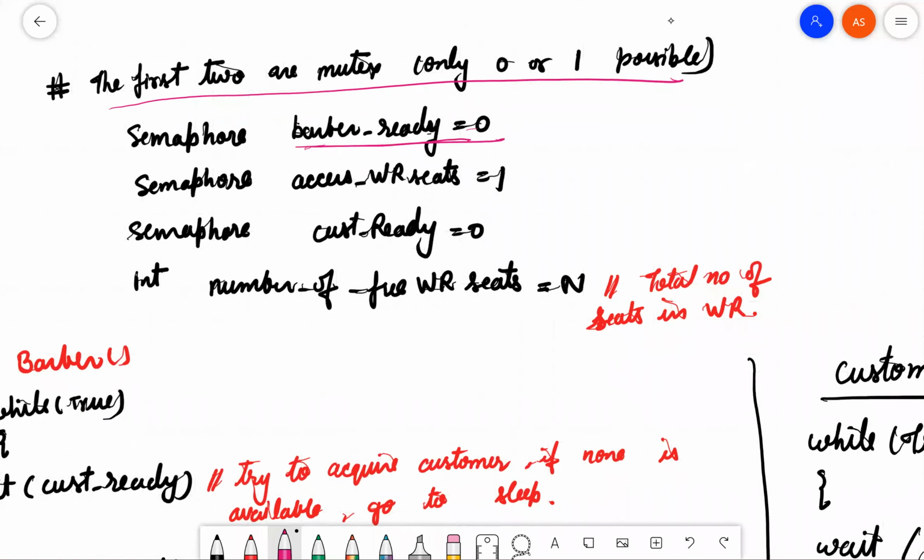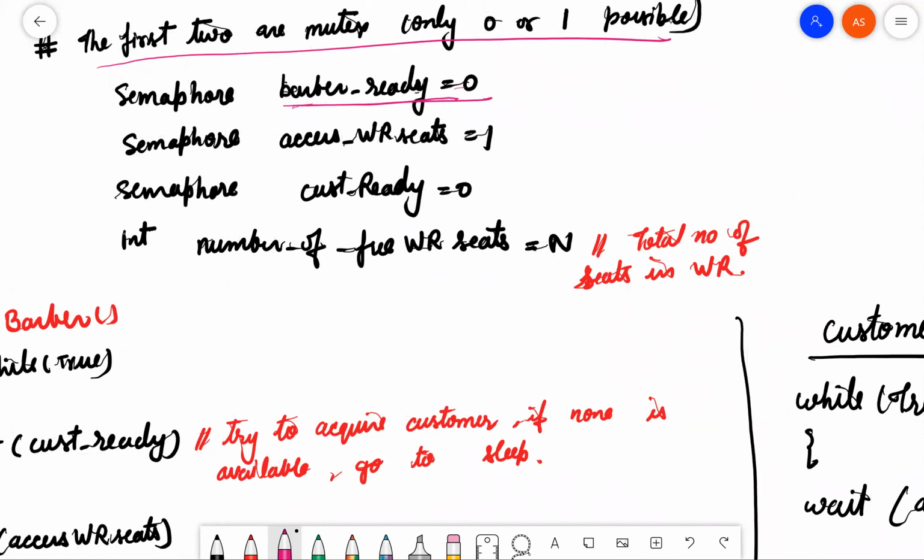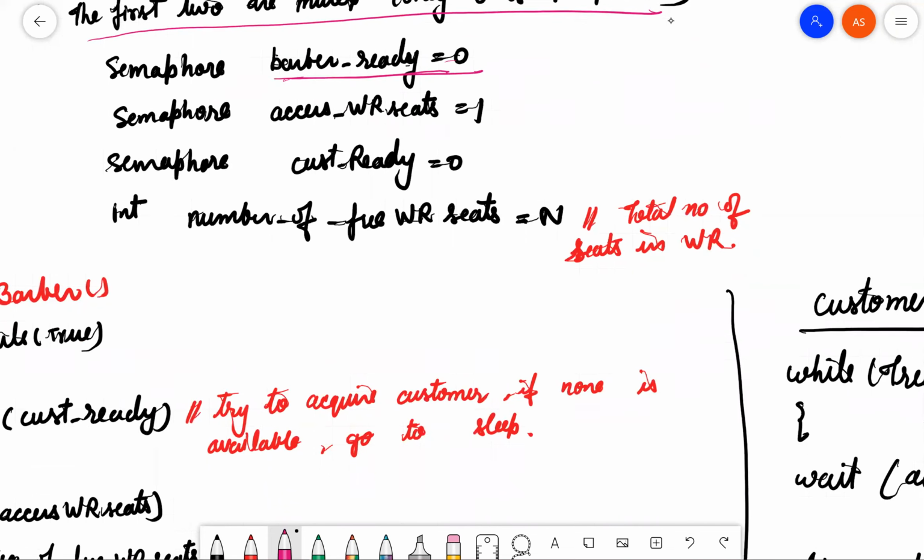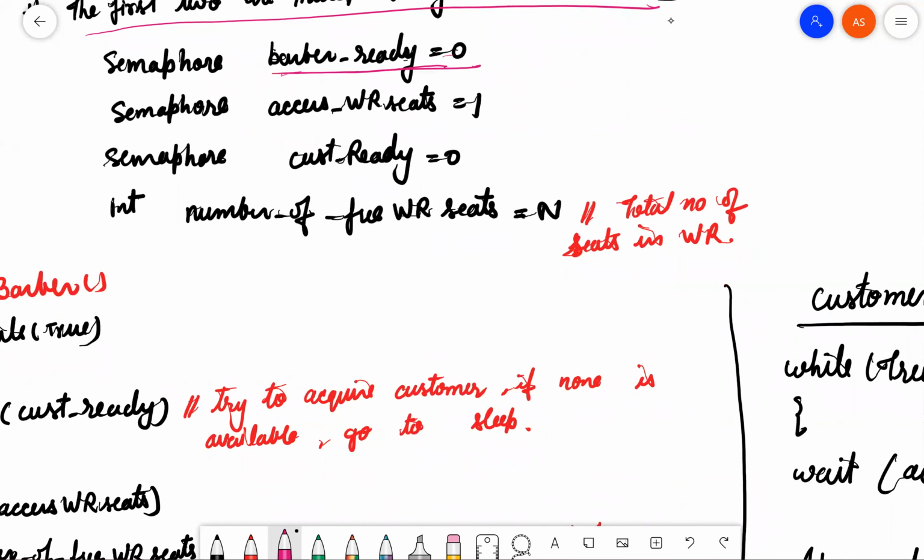Next, the access WR seat. Access WR seat means it will access the waiting room seat. To access the waiting room seat, there is a semaphore, access waiting room seat equal to 1, right? And customer ready equal to 0. Customer ready equal to 0 means whether the customer is ready for a haircut or not. Initially there is no customer, so customer ready equal to 0, and barber ready equal to 0 means the barber is